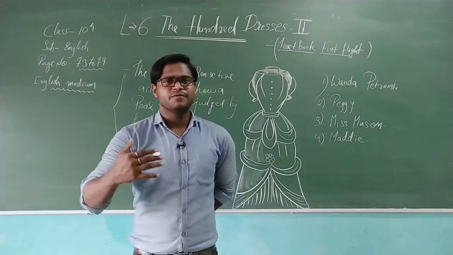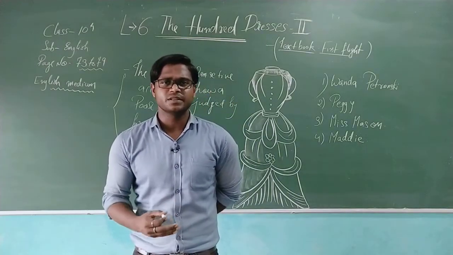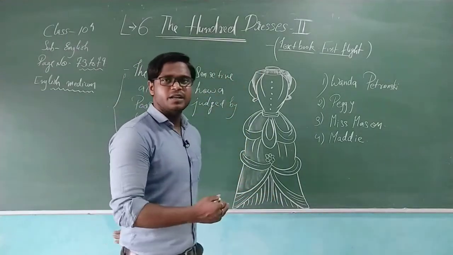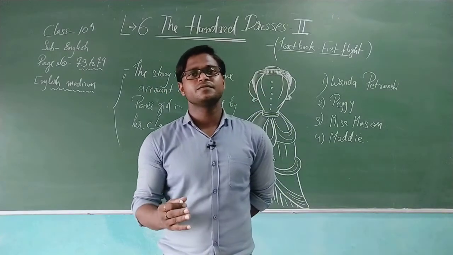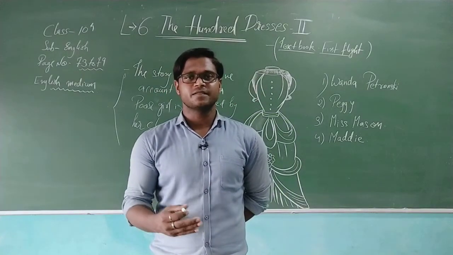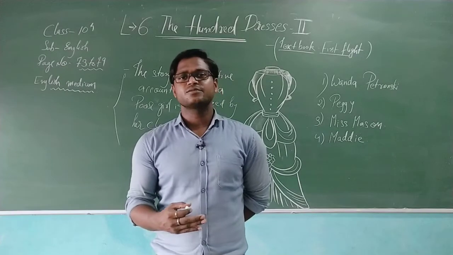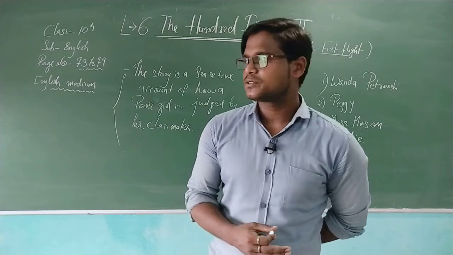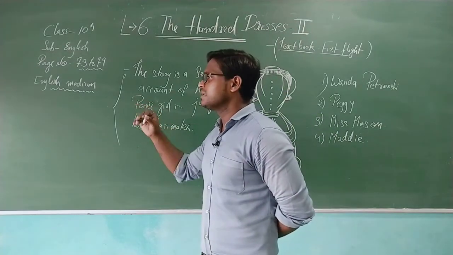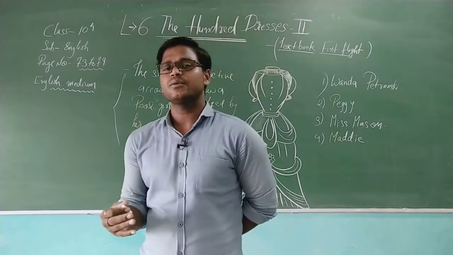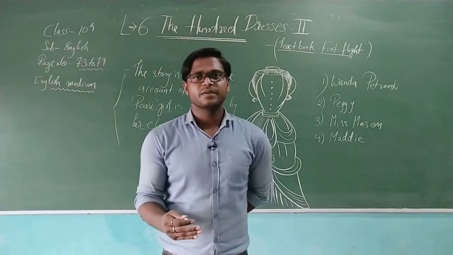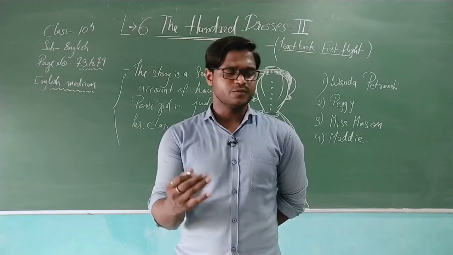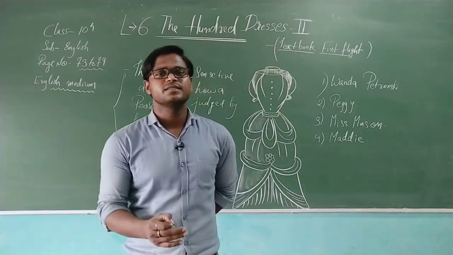If we move further in the story, this is not the first story. This is the second part of the story, The 100 Dresses, part 2. Part 1 was already completed by me in the video lecture of chapter number 5 of the textbook, First Flight of 10th standard. This consists of the theory related to page numbers 85, 87 and other pages too. If you go into the detailed theory, it will help you understand how beautiful this story is, with its moral, and how sad the truth is that is displayed in this textbook. Focusing on page number 73, you can check that this lesson